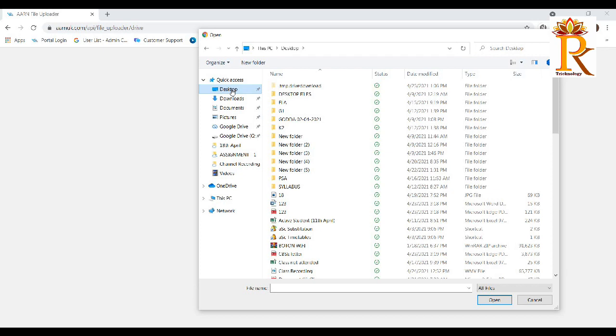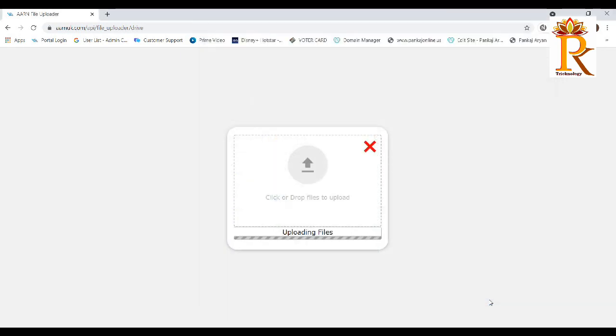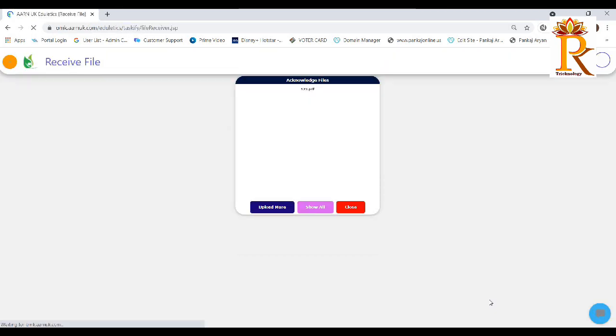you may upload any file. That file can be in JPEG, that file can be in Word, can be in PDF. In the starting phase, we may accept your JPEG, but try to upload your task in PDF format only. Suppose it is your task which you have clicked. We need to click open. It will take few seconds to upload. It is completely dependent on your internet speed or device speed.